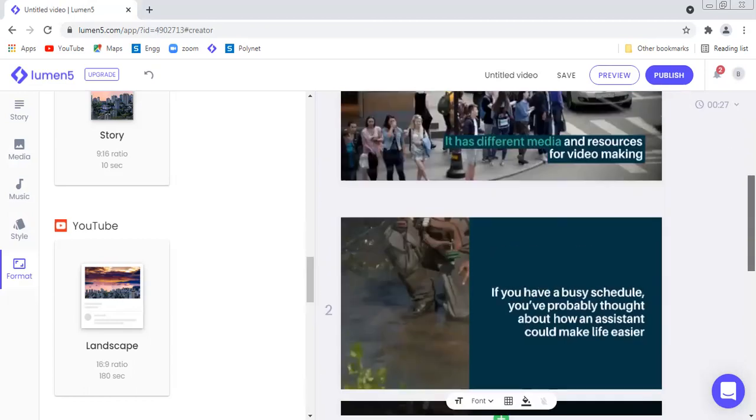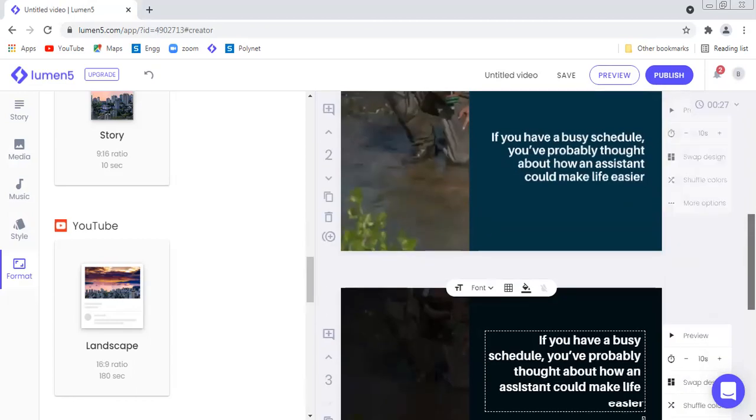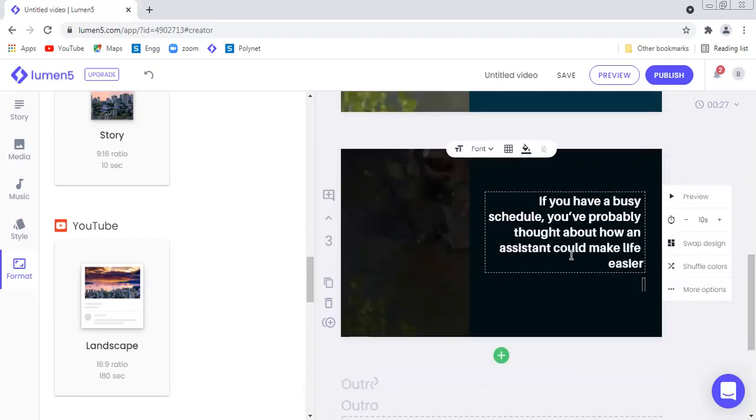One thing you should understand, that in a free version, at the end of your particular video, always the Lumenfy icon will appear, right? So again, I'll just change the content.